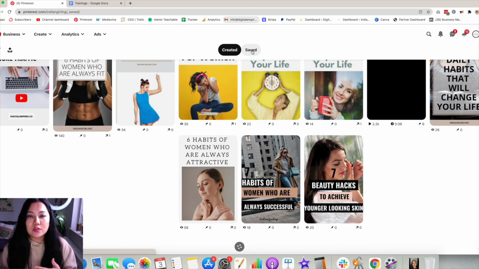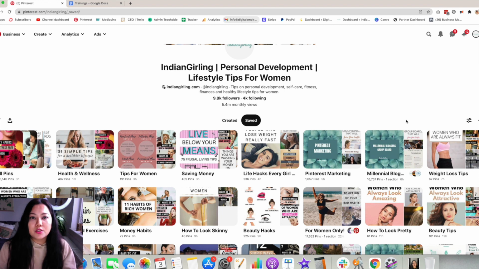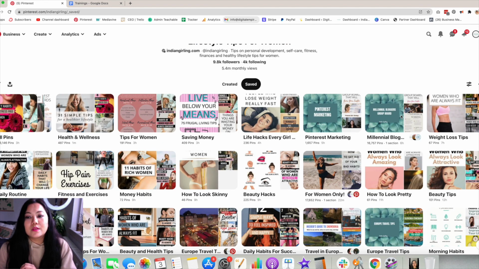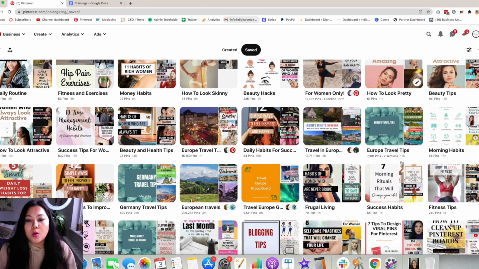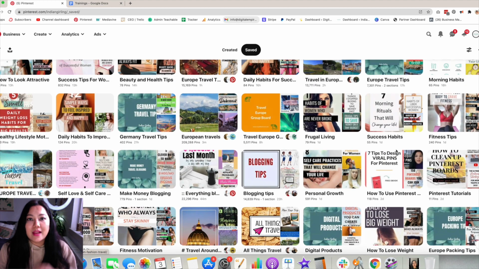And the next section, which is about the saved pins, is going to be all of the places where you've saved those pins to. So what you saw in the first section was everything that you created, all the images that you created. And in the second section is going to be where those images are categorized to or saved to. In this case, it's going to be all the boards that you have. So whether that is your personal boards, your group boards, or any other kind of boards that you have are going to be reflected in this page.